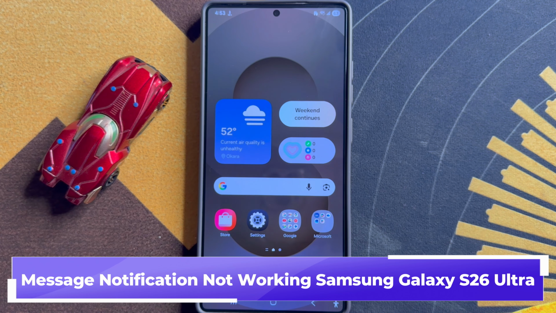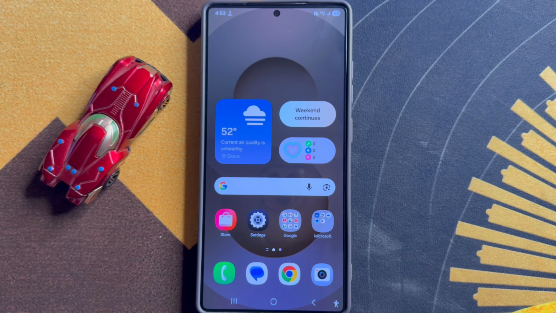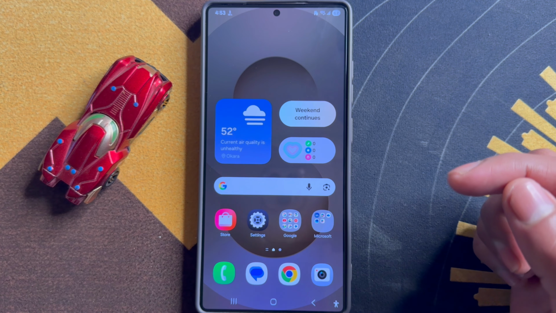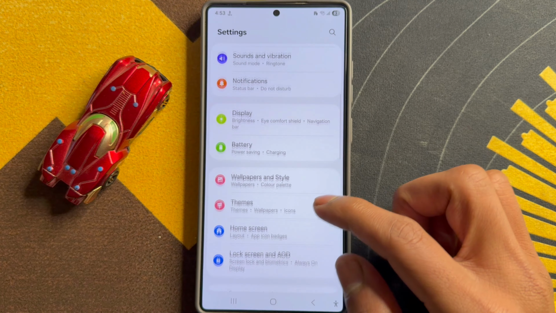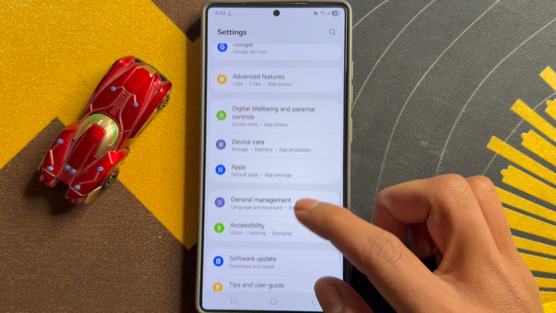How to fix messages notification not working in Samsung Galaxy S26 Ultra. First of all, force stop messages. Now open settings, scroll down, click on apps,